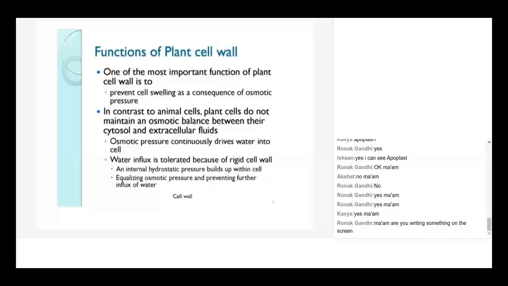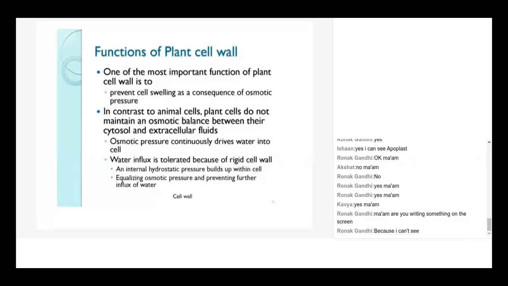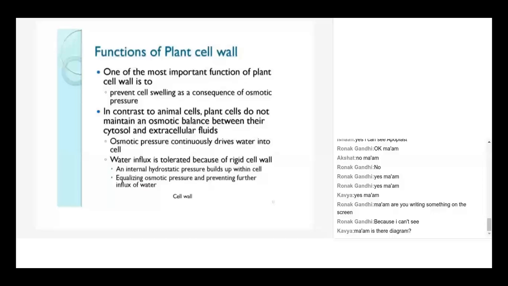Okay. Now, when the vacuole gets filled up with all the stored food material, the concentration inside the cell will be more than the concentration outside the cell. Here we call this the outside of the cell. Assume it is outside of the cell. And when the food gets prepared and stored